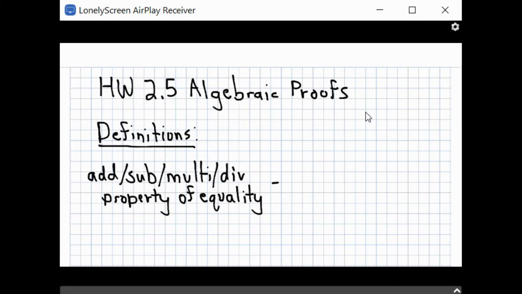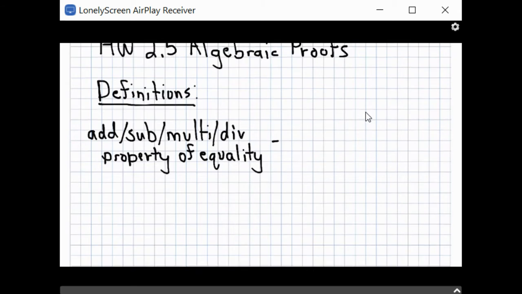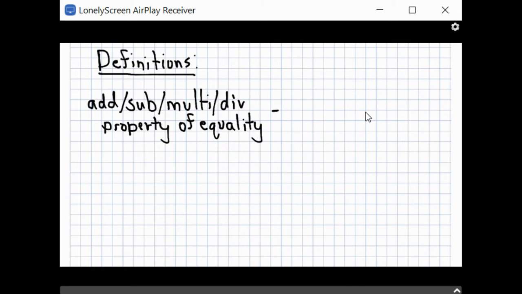And if you're a little shaky in your algebra, this can be a useful lesson because it will reinforce the proper way to solve equations. So our first definition is the addition, subtraction, multiplication, and division property of equality. And I always just call this the fancy words for some simple facts that have to do with all four operations: addition, subtraction, multiplication, and division. So for example, for addition,